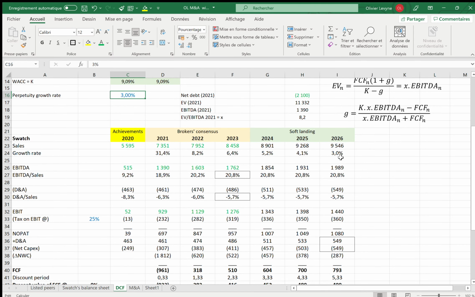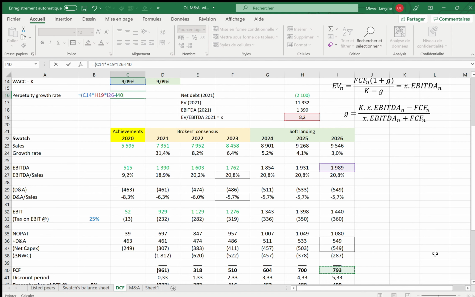I need to show the last free cash flow because it's taken into account here on the numerator and here on the denominator. So, equals K, which is the WACC, times X, which is the EV to EBITDA multiple, times EBITDA of the very last year, which is 1,989, less the very last free cash flow, I mean the free cash flow which is expected in the year 2026, namely 793, divided by,